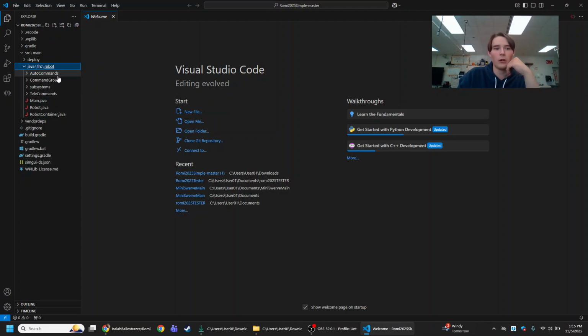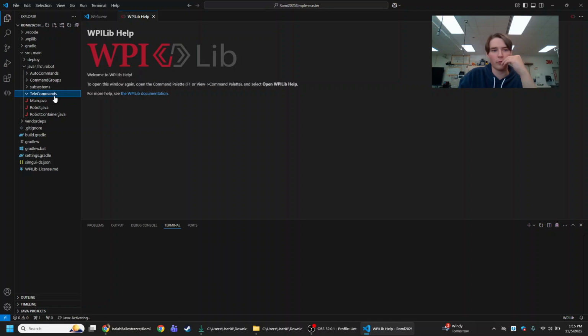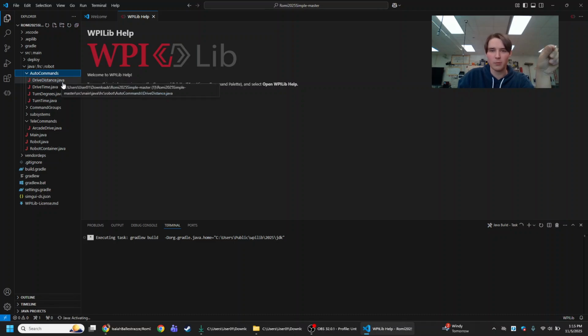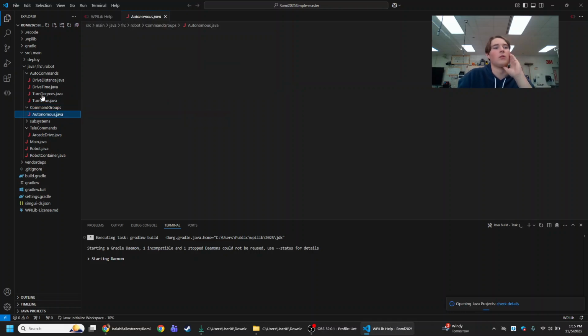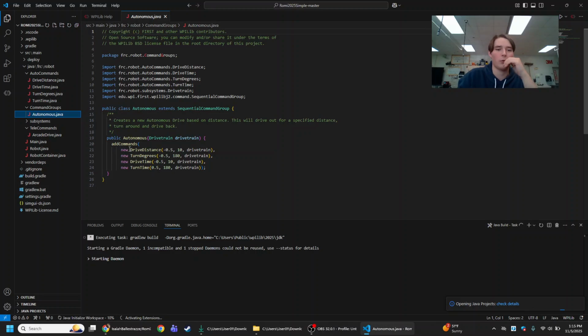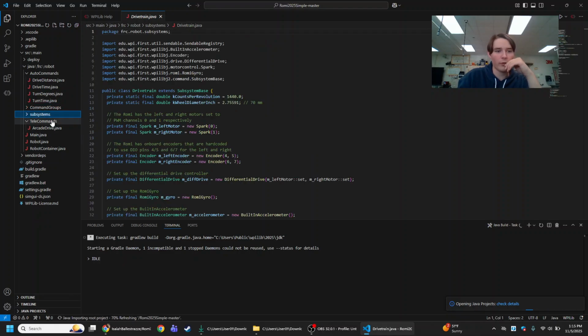So there's auto commands and tele commands. They're the same thing. One of the groups, the tele commands, are just used in teleop mode, and the auto commands are just used for autonomous mode. There's no difference in the code. It's just what I'm using it for in this. So you could put that all into one command folder if you really wanted to, or you could just leave it. Command groups is a group of commands, so we're running all the autonomous commands under this. We'll talk about that more. Subsystems, you'll get to know that more too. But for right now,